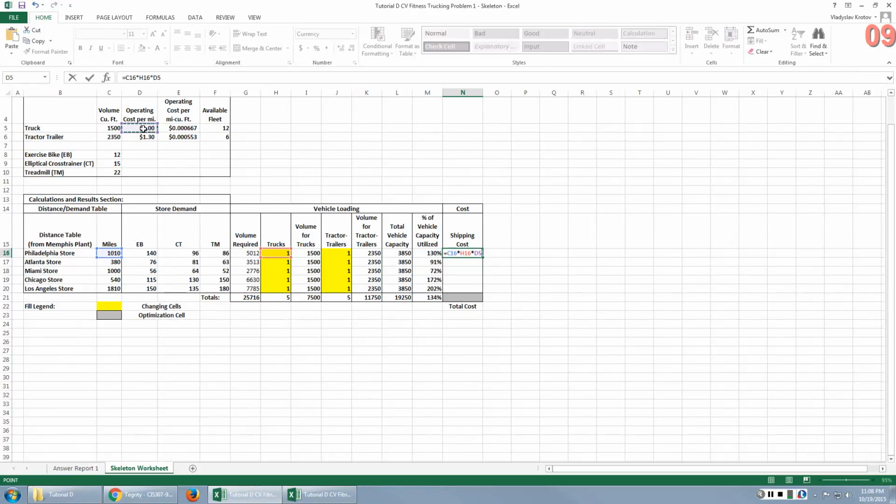Okay. Now on top of that, we need to add how much it will cost us to use tractor trailers. So we multiply the number of tractor trailers by the mileage again, and by the cost per mile that we need to have for each of the tractor trailers. So that's $1.30. So this is our calculation. And if we extend this formula,